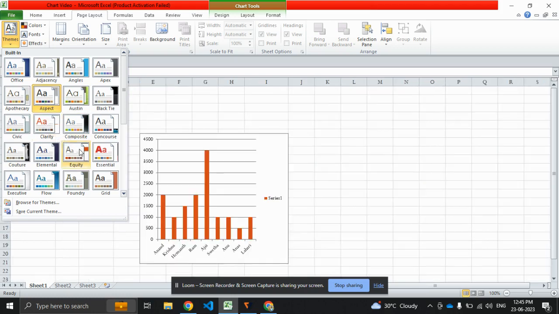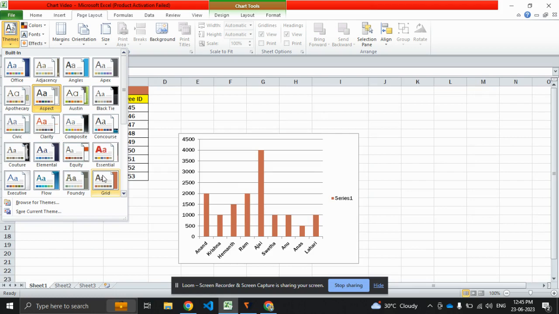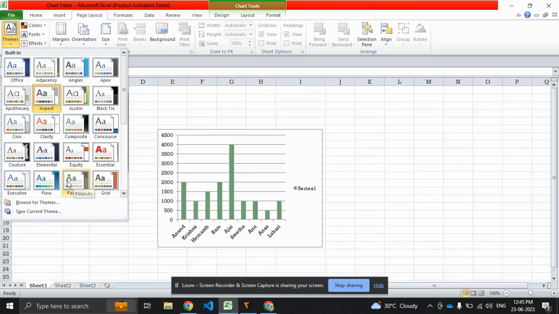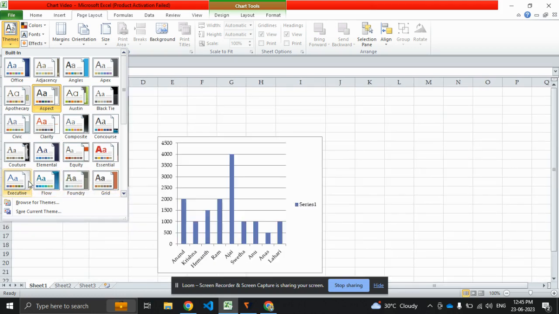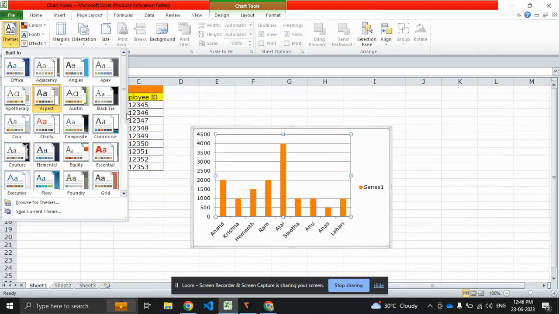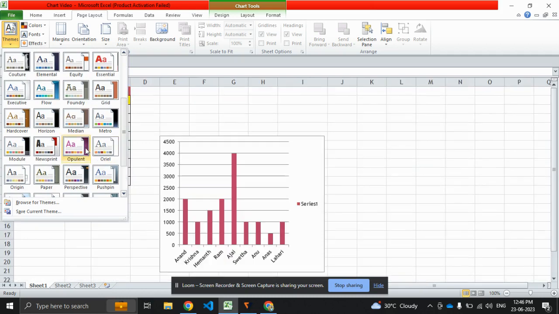So that's all friends, this is about transforming your data into a pictorial representation or into a graph or a chart representation. And also using these themes, we can apply multiple colors to your graph. So